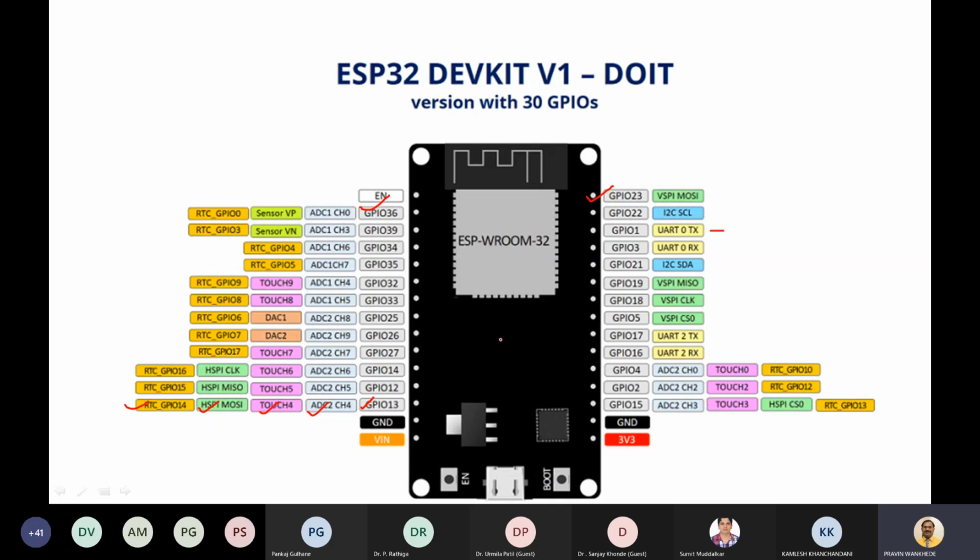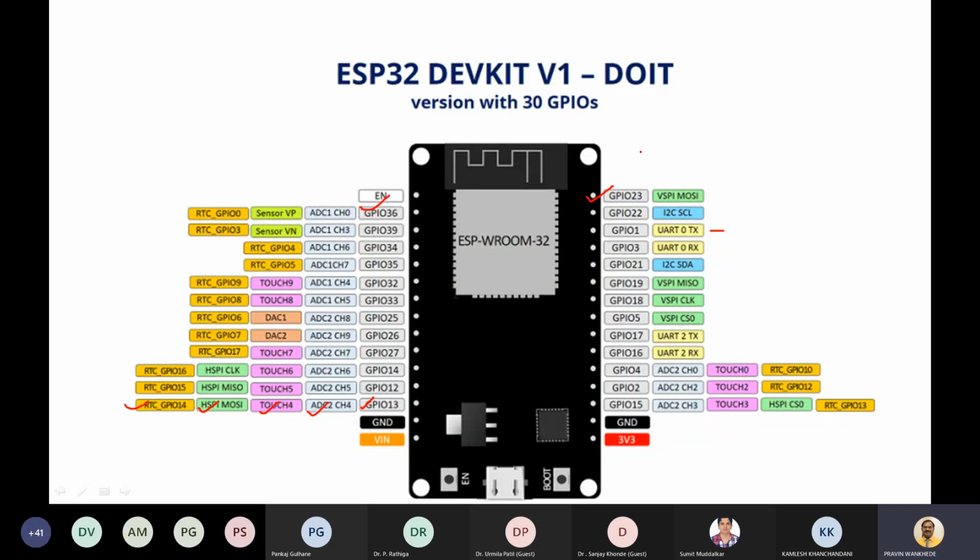So what we'll do is connect one of the sensors to an analog channel and send that data to our Firebase, and connect one LED on any of these pins and try to control that LED from our app. So we have 2 apps, one for monitoring and another for controlling.